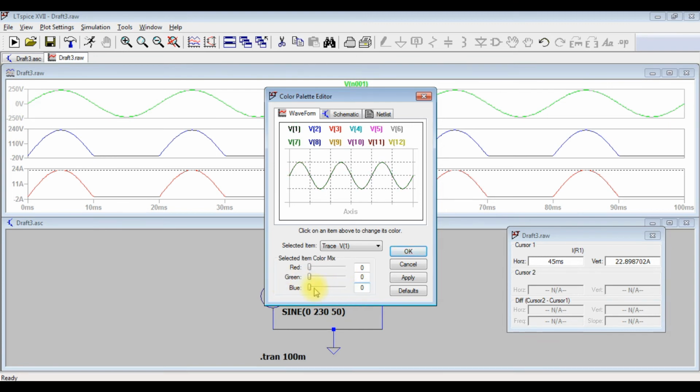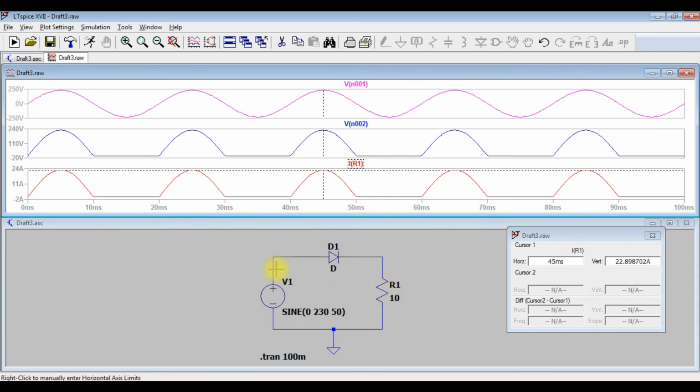Put red and green and blue here, it will show only blue. So you can change the colors according to your need. It became yellow. I will change it to red, or if you put it, it will change to another color. If you click apply here, this color will now change, that you can see, right, it changed to violet.